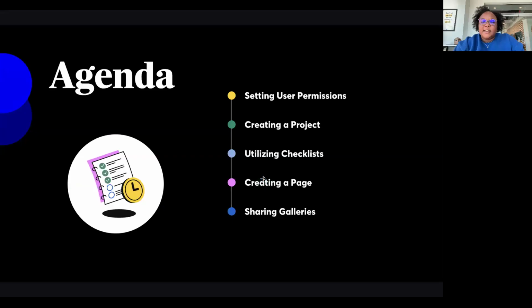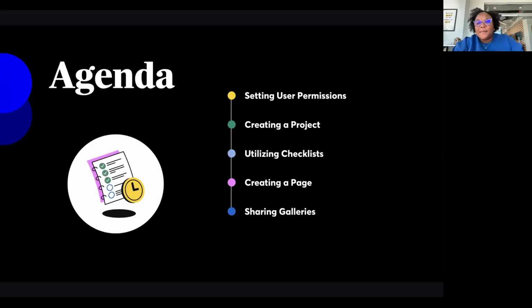Let's take a look at our agenda. This is going to be focused on our desktop version of CompanyCam, primarily at an admin or manager level. So things like setting up your account, projects, and your users for success when they're out in the field using CompanyCam. We'll look at a few things from the mobile side just so you have the idea of what that looks like for your team while they're in the app, but we'll be primarily looking at using